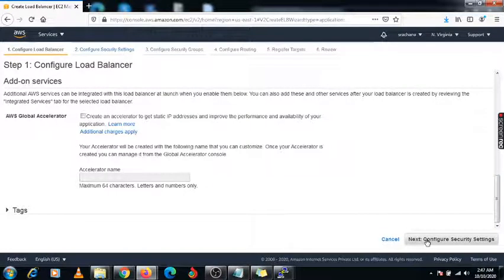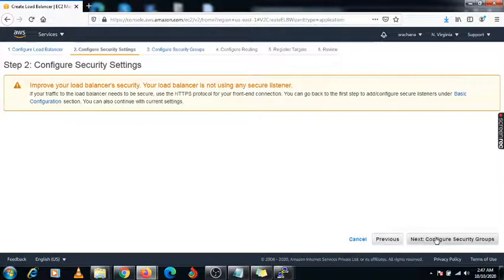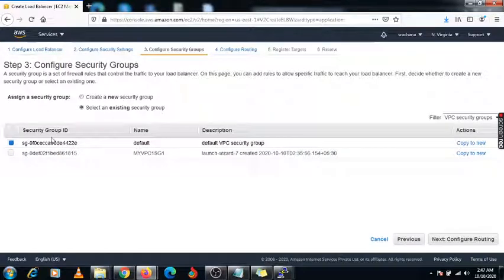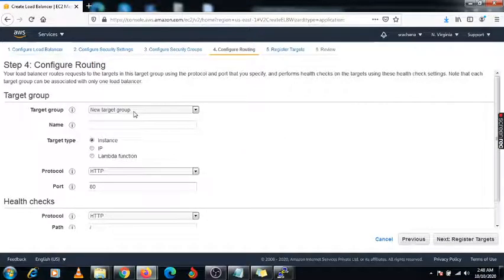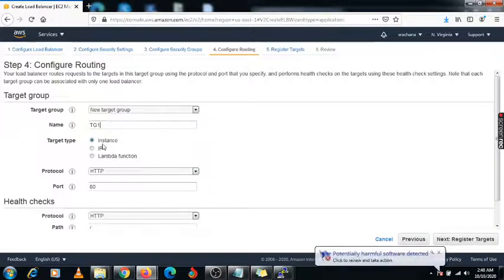So I'm going to create it, configure. Here it is asking for the existing one, so you need to click on my VPC 1 SG1. So this is the security group we have created, so you need to select the same one or you can create a new one. I'm giving the name target 1.